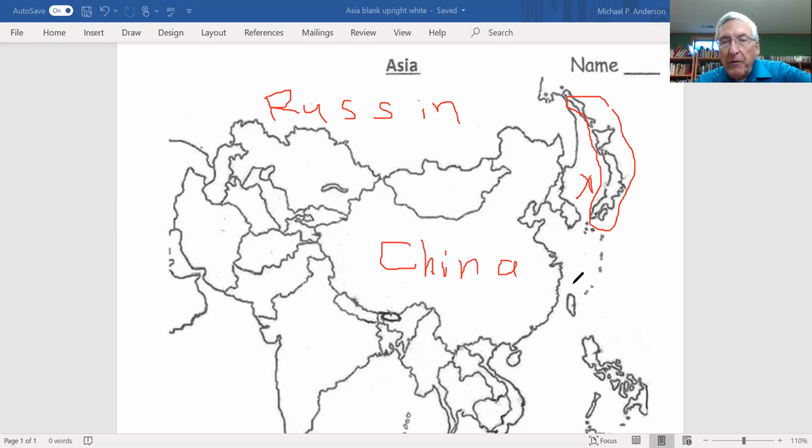And then primarily, we're going to focus on this little island country right down here that goes by the name of Taiwan. Officially, its name is the Republic of China. And China, its official name is the People's Republic of China. This China claims this China. And this China claims this China. Oh my goodness, how is that going to work out, huh? We'll get to that story here in just a minute.